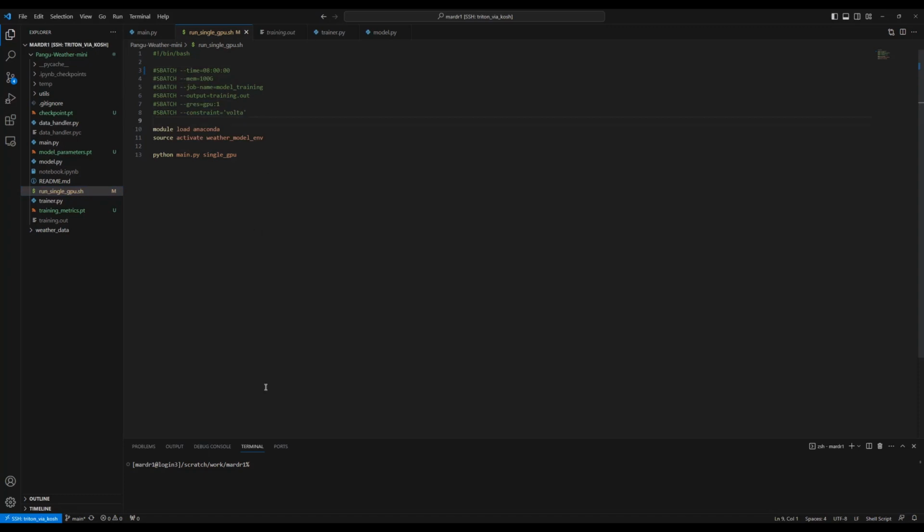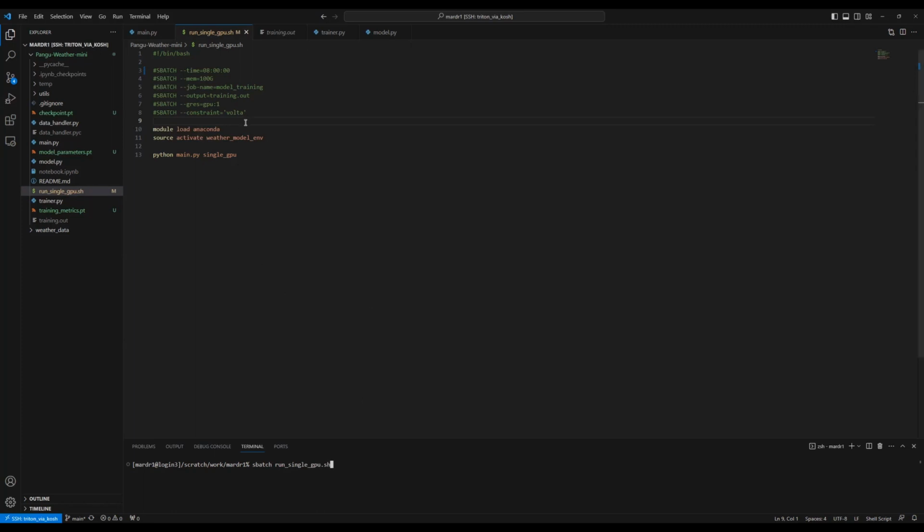How this works is you have a command called sbatch, and you just type the shell script name here, like this, and press enter.